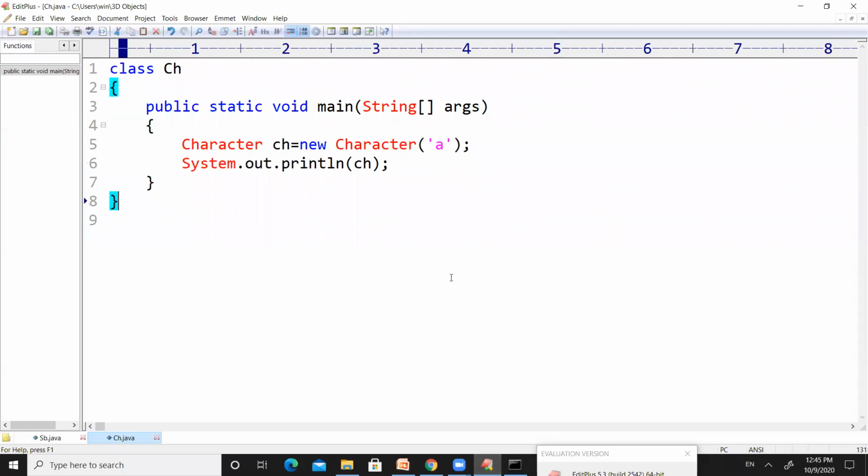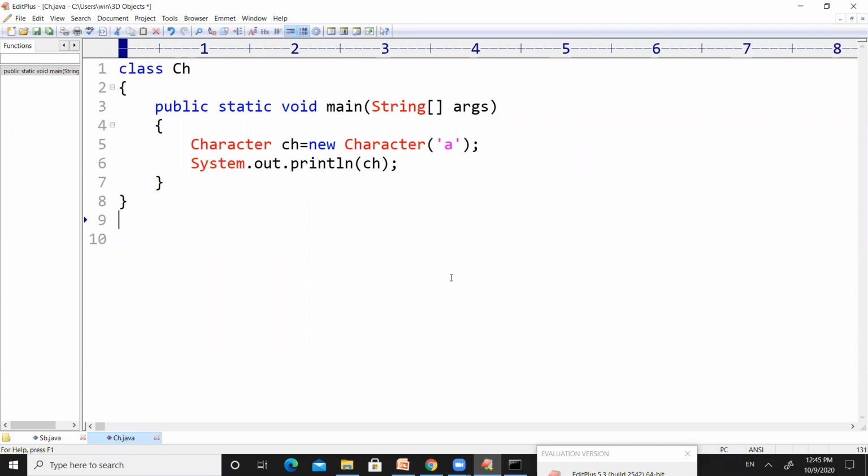Character is a default class. So the structure of the Character class inside the lang package will be similar to this one.